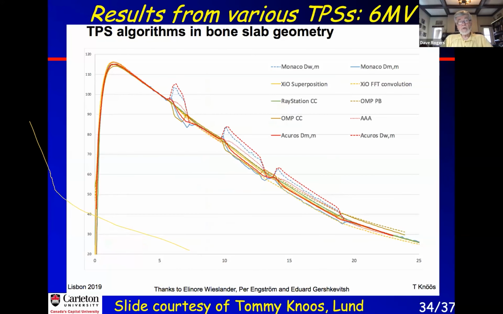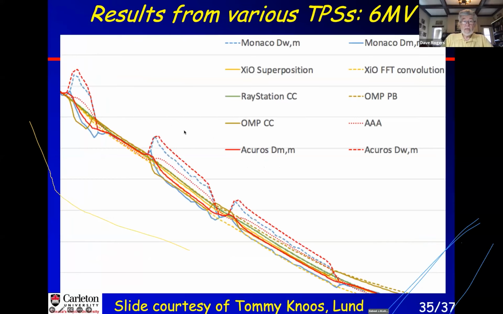And here I've just got a slide from Atomic News in Sweden, where he and his colleagues did a whole series of calculations for different treatment planning systems, and they put in 3 different slabs of bone material in their treatment planning systems. And I'm going to just zoom in on the next slide so you can see here